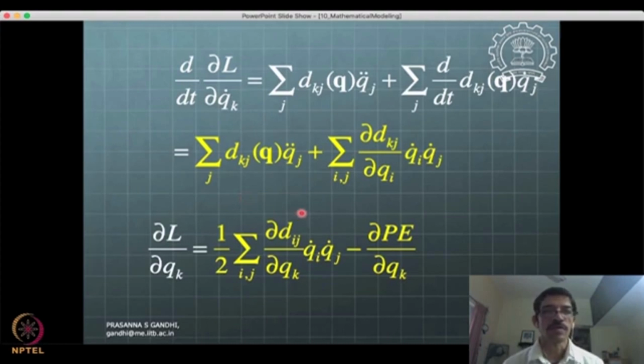Now for del L by del Q, you have these terms coming up. Okay, and again these terms are quite straightforward to see probably. Because this is already from the kinetic energy, we'll have this term coming. We are just taking partial with respect to q, so this is a partial with respect to q kind of a term, and then this del p by del q again here. Okay, so I would request you to go through clearly